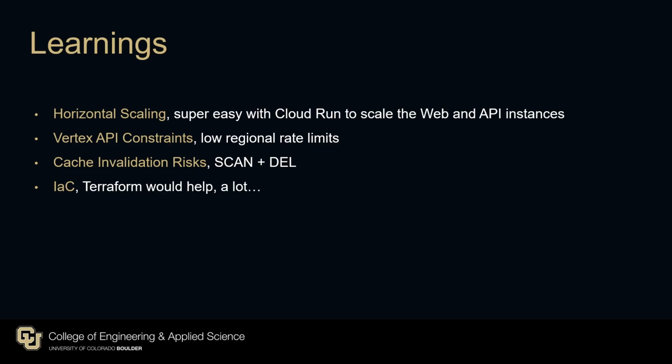And that's something that I ran into pretty frequently when I tried spamming a whole bunch of builds. The best solution here would be to either do the entire extraction in-house or use a much more expensive service like Document AI. The other potential bottleneck that I found would be cache invalidation with Redis. If users were doing high concurrency uploads, there could potentially be some write contention or inconsistency in the scan and